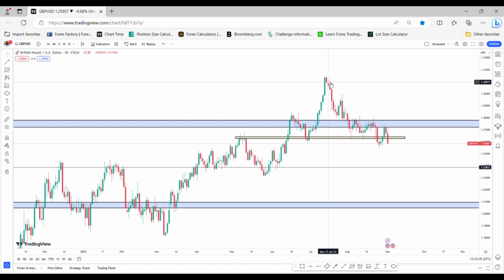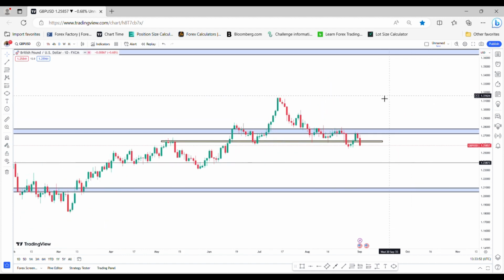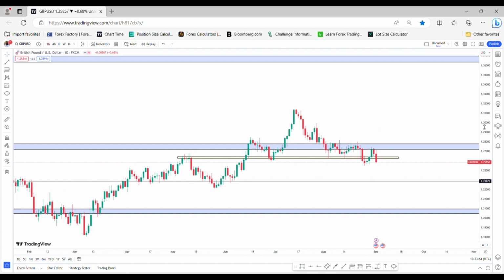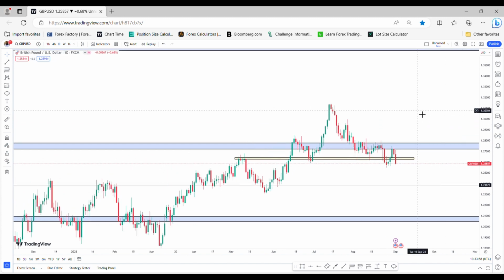So if you stick to anything at all, any bias, ensure that it aligns with all the bias you've been able to generate at the higher time frame or the highest time frame of a particular trading pair. I hope you get that, and I hope that pretty much helps. Because at the end of the day, sometimes I've seen people go long when the overall bias of a particular trade is short, right? They go long, and maybe some people are aware that they could be counter trading the trend,